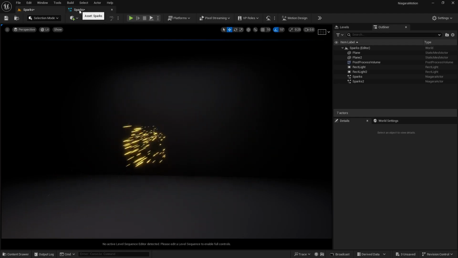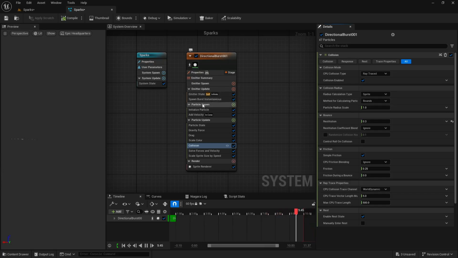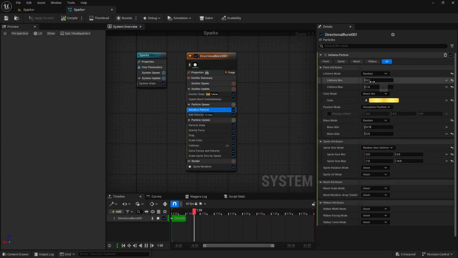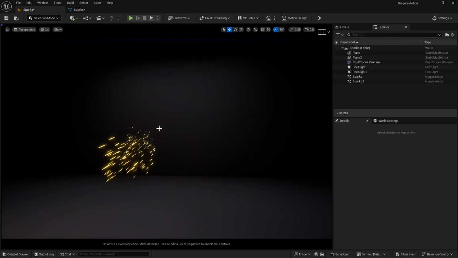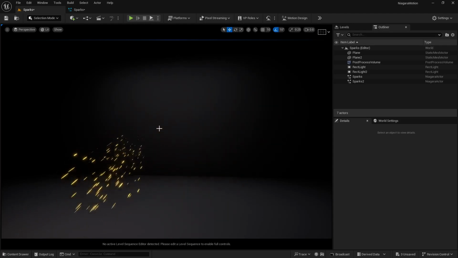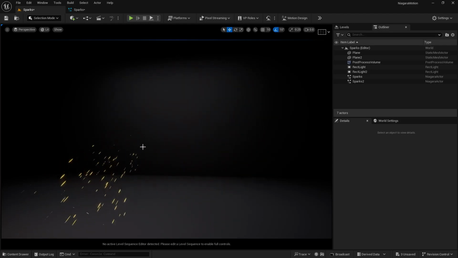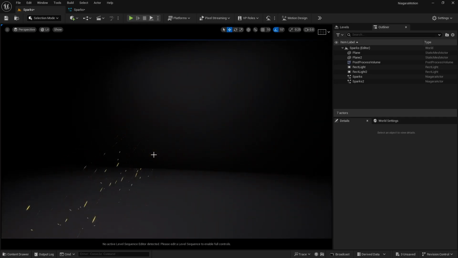Okay, in order to visualize it more clearly, what you can do, you can go to initialize particle as well, and you can change the lifetime minimum maybe to 0.4 seconds. So we can increase this here, and if I go here now, you can see the result is looking beautiful. Okay, but right now the only problem is what you can see here. If I zoom in here, okay, you can see we are getting this ghosting effect here.